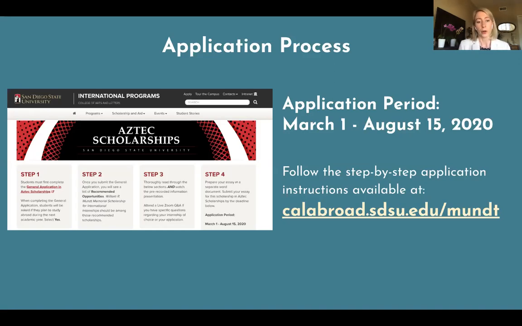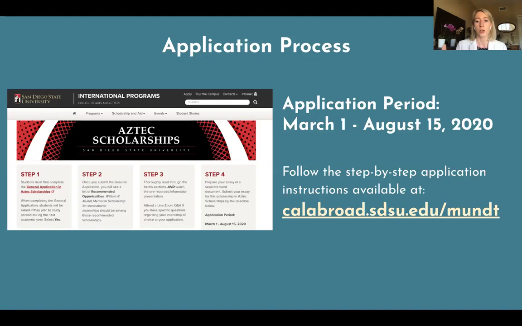But for the Mundt Scholarship for International Internships, you should see it listed among the recommended opportunities. You then have to take extra steps to apply to those opportunities. Apply to all of them you're recommended for, honestly, if you can. For the Mundt Scholarship, you'll at least see the essay question.